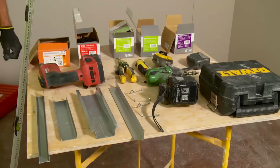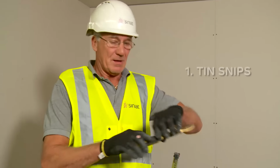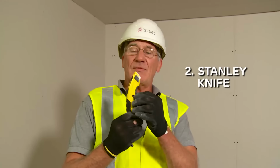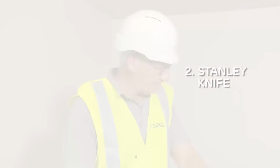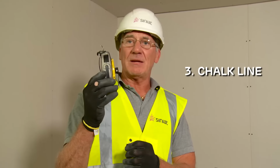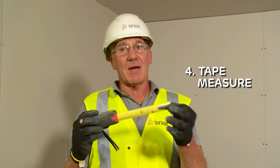Today I'm going to show you how to install a metal furring ceiling, or better known in the trade as MF. Tools we actually need to install an MF ceiling: a pair of tin snips for cutting the metal, a STANLEY knife for cutting our plasterboards to screw fix to our MF ceiling, a chalk line to mark out our lines on the ceiling and round the perimeter of the wall, a tape measure so we can get our measurements correct,